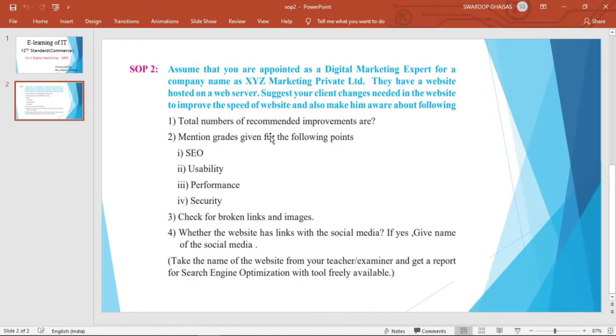Answer the following questions by performing the SEO audit. Take the name of the website from your teacher or examiner and get a report for search engine optimization with a tool that is freely available. The website name will be provided by the teacher or examiner, and you have to perform an SEO audit of that website and generate a report.